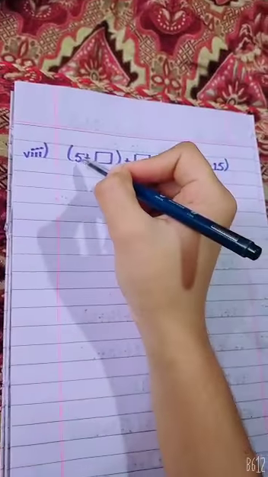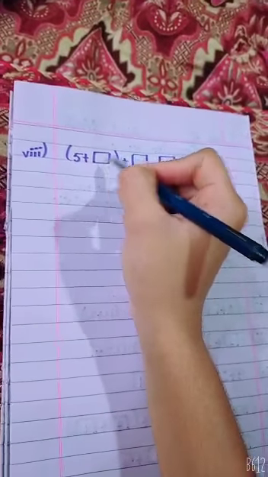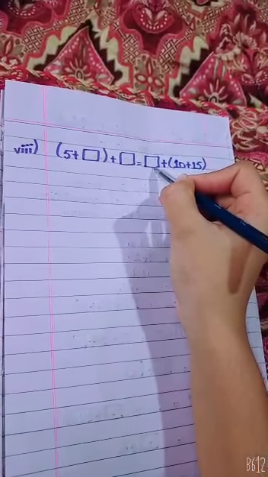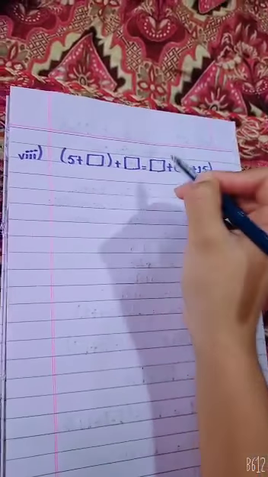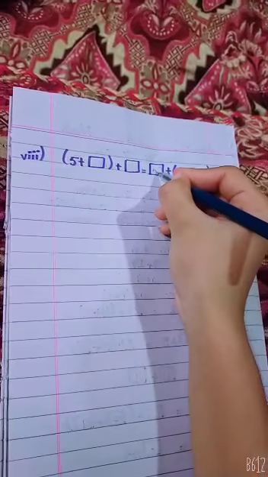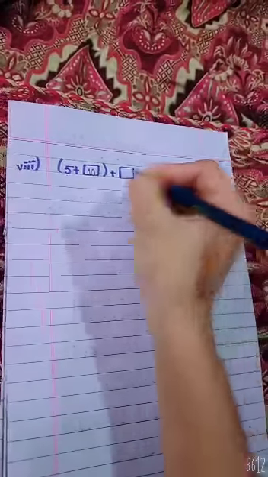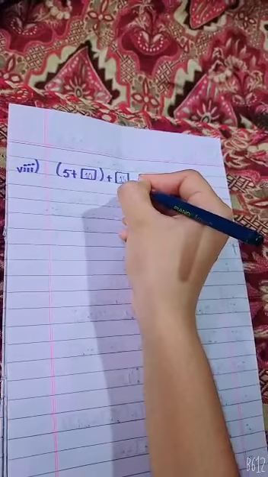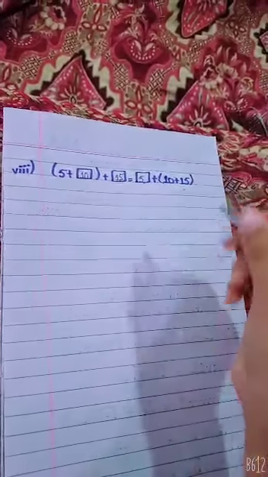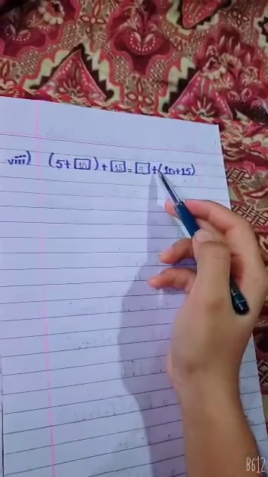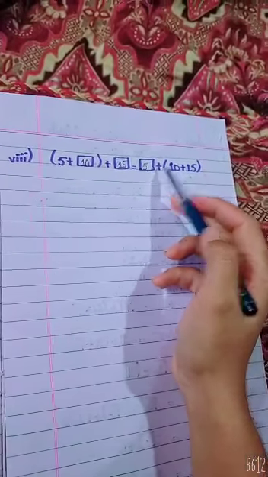In the last part, the value of a is 5, the value of b and c are not given. In the right hand side, the value of a is not given, which is given left hand side, and which is 5, that we will put here. The value of b is 10, we will put here, and the value of c is 15, that we will put here. By solving them, their left hand side and their right hand side will be same. So it is associative law of addition.